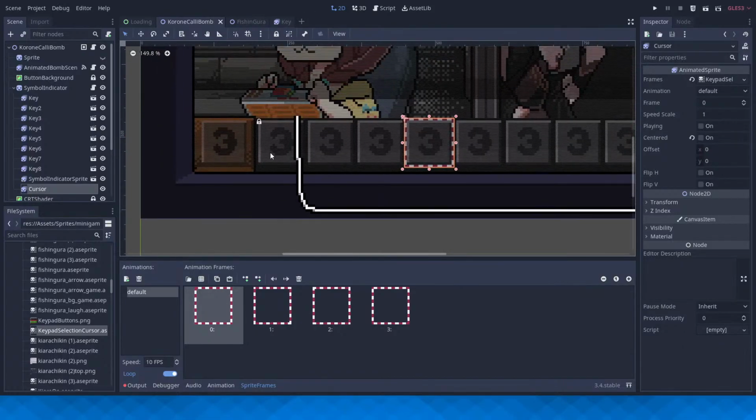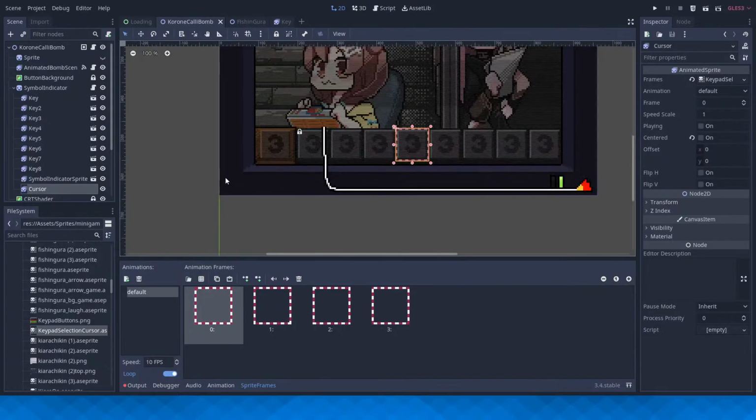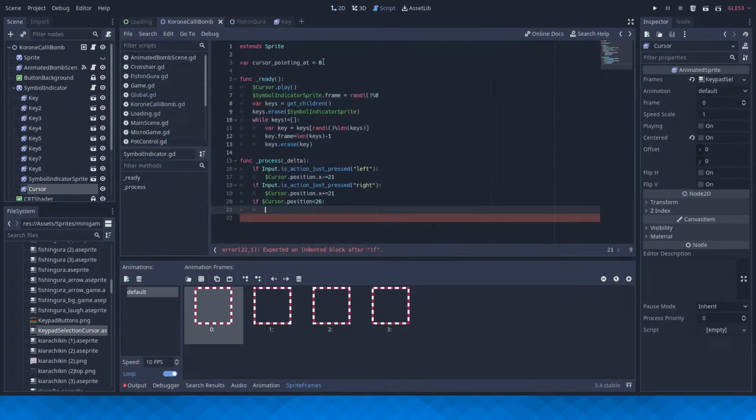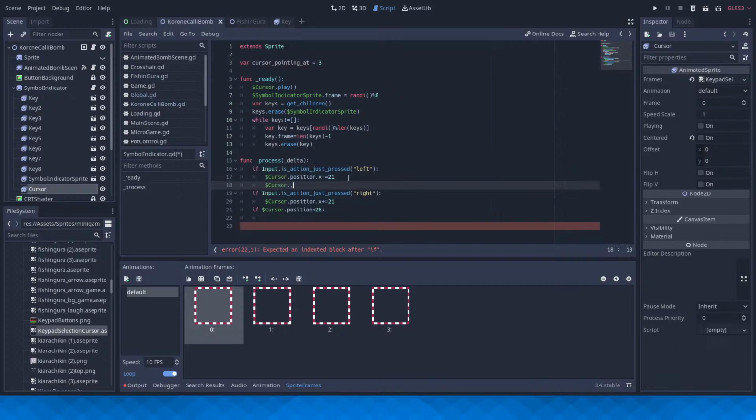So this is index 0, 1, 0, 1, 2, 3. So cursor is pointing at 3, and then cursor dot position.